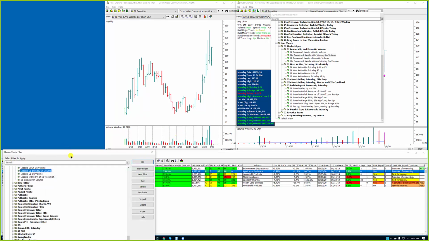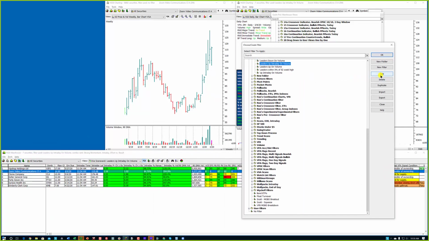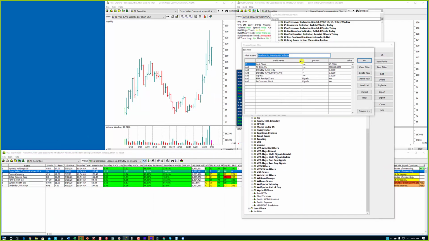Let's take a look at this filter. These are stocks $15 and over, trading 500,000 shares. Have to have a positive 1-day change, positive volume, group rank. I'm going to assign these to group 2 also. EMA fan uptrend equals yes is a common stock. Very simple filter, but it's effective